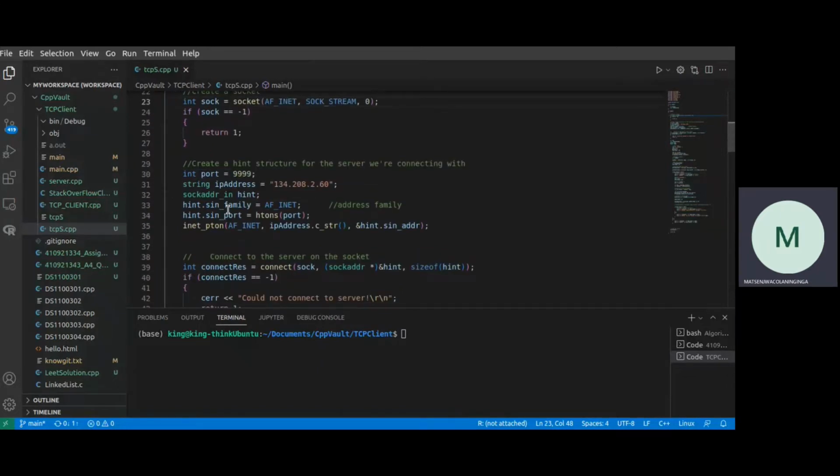And next, we have our hint structure, which encompasses our port number, which we were also given. This port number is the one that we'll be using to connect to our server, and also the IP address. So here we are just creating our structure for connecting to the server, which has our socket address hint and also